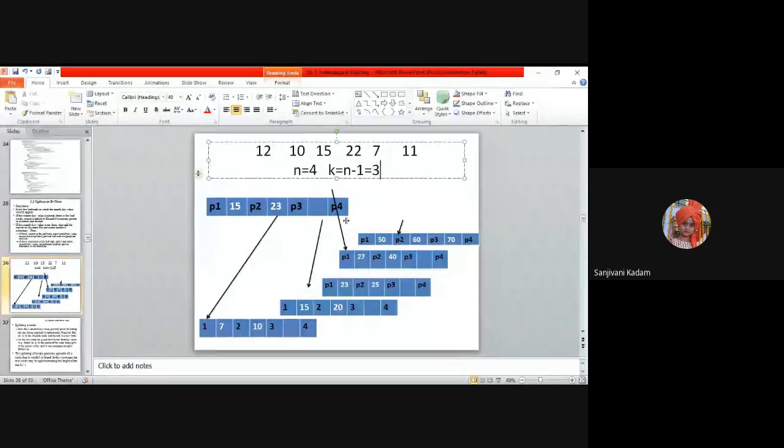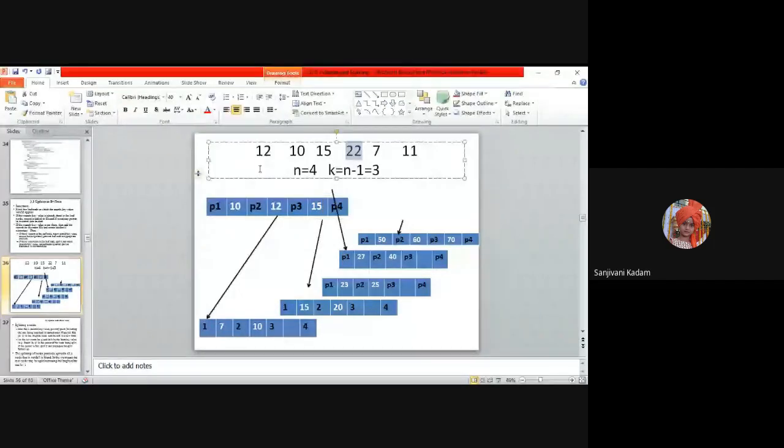Now let us insert the elements. Initially, whenever there are no elements, we insert 12. Next is 10. For 10 also we have space available in the same node, but whenever we insert a new value, we should always keep elements in sorted order. So 10 will be in the first place and 12 will be the next key. Next we want to insert 15. For 15 also we have space available in the existing node. Now we want to insert 22.